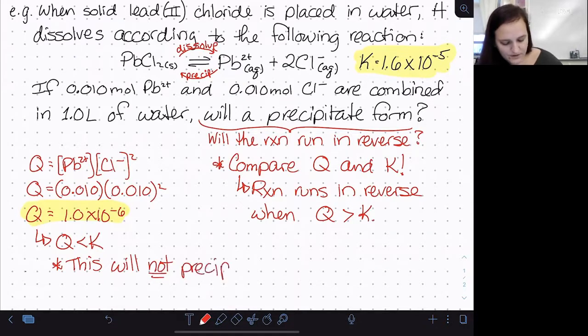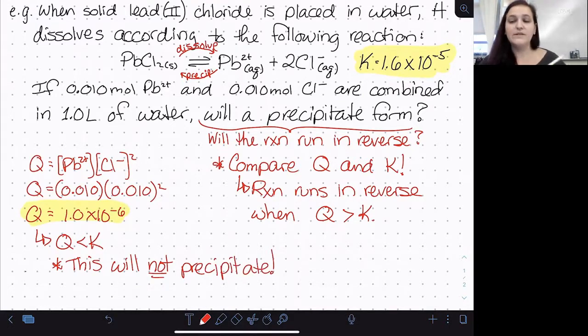So when we first introduced the idea of solubility, and that some things are soluble and some things aren't, I mentioned that even things we say are not soluble in water do dissolve to a very small extent. So 0.01 moles isn't a lot, but it's not nothing. It's not like a super tiny amount of stuff. And that is able to stay dissolved. So even though lead chloride, if you look at your solubility rules, is considered insoluble, this is a case where we wouldn't see a precipitate